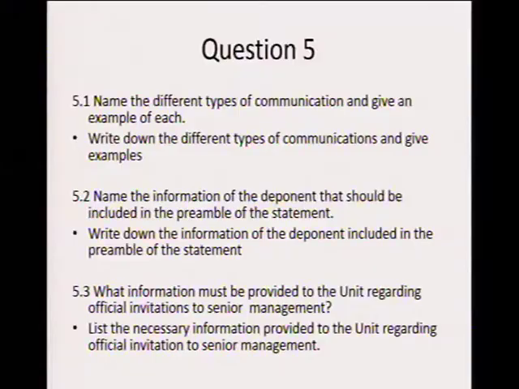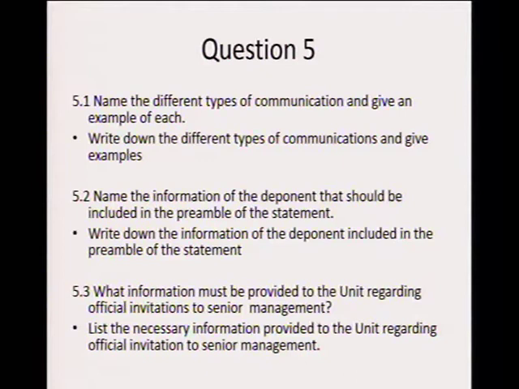5.2. Name the information of the deponent that should be included in the preamble of the statement. Write down the information of the deponent included in the preamble of the statement. Some of these terms, you are familiar with them because you've been using them in your day-to-day activities. So if you feel like you read the module and you didn't get this information in the module, use your knowledge as a police officer on how you do these things. Or if you can get access to the police handbook, you can go through the police handbook to help you